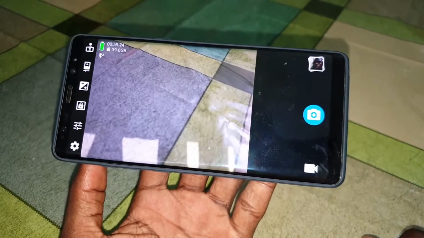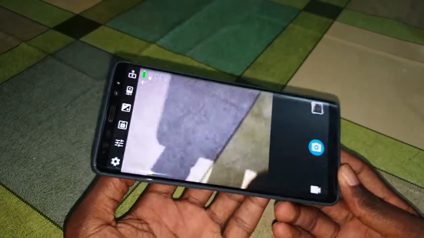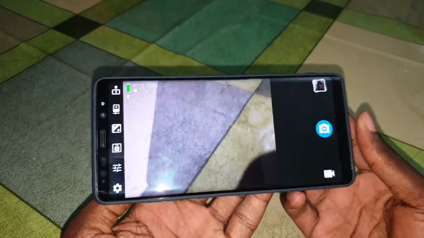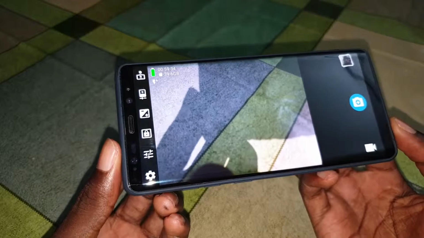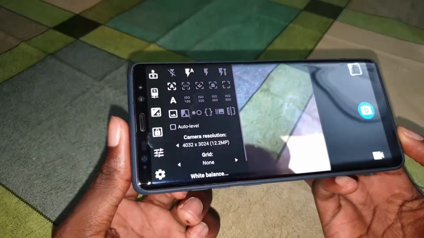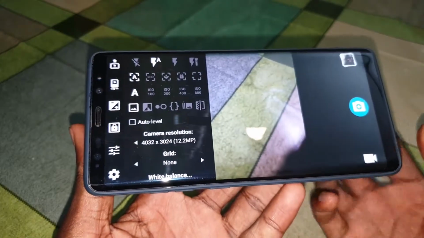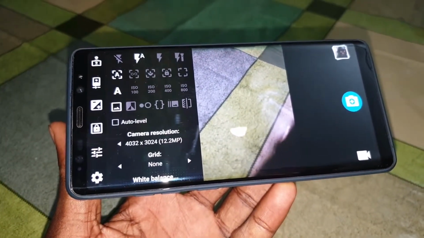For me, this camera advance is so wonderful. It's complete. There are many features for you. Look at that, for example. You can see all these beautiful features here for photo.